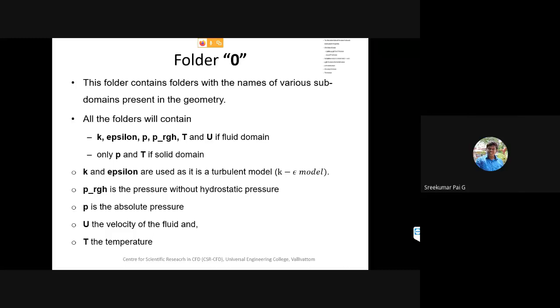Static pressure. Dynamic pressure. You might have studied in fluid mechanics, isn't it?